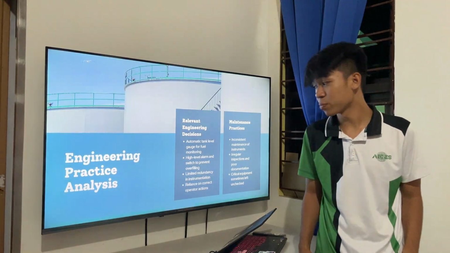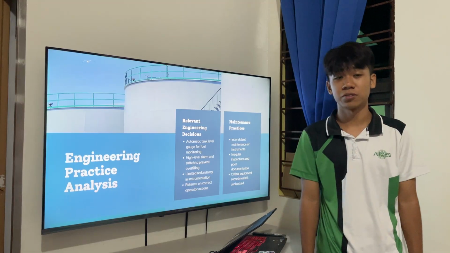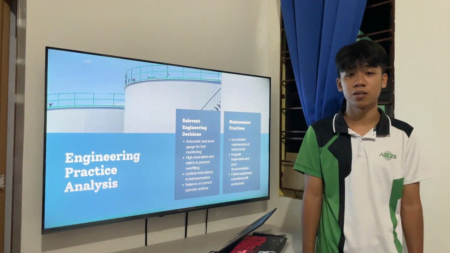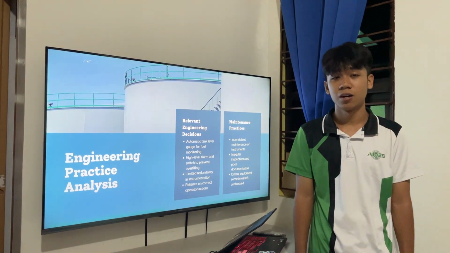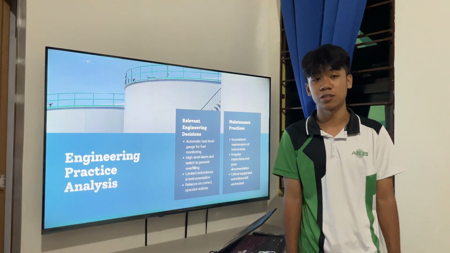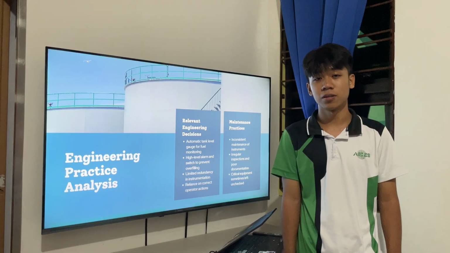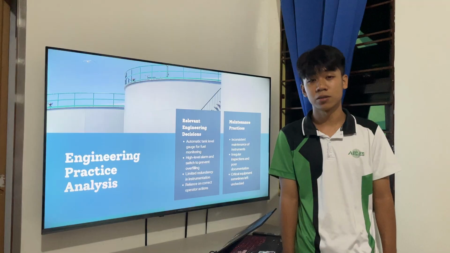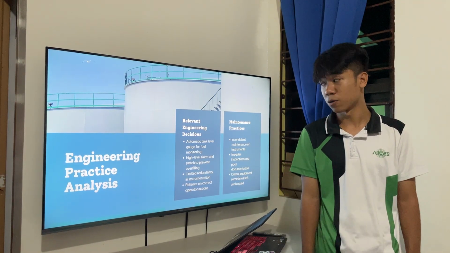For the engineering practice analysis, the Buncefield facility used several systems to ensure safe fuel storage and transfer, including instrumentation for monitoring tank levels, alarm systems, and safety devices designed to prevent overfilling. One of the main monitoring tools was the automatic tank gauging system, or ATG, which continuously measured the fuel level inside the tank and transmitted real-time data to the control room. Operators relied on this information to monitor the tank during fuel transfer operations.